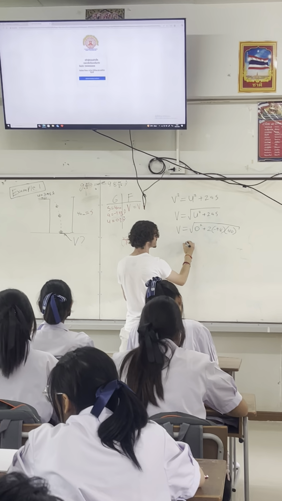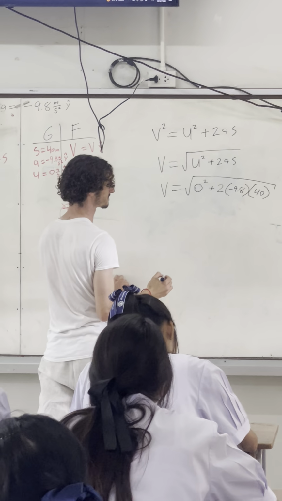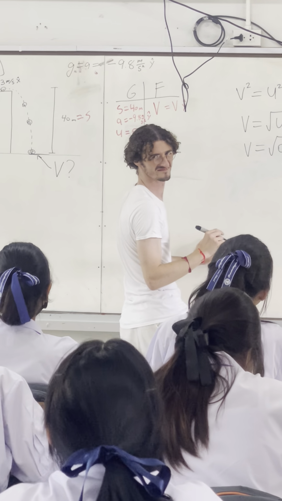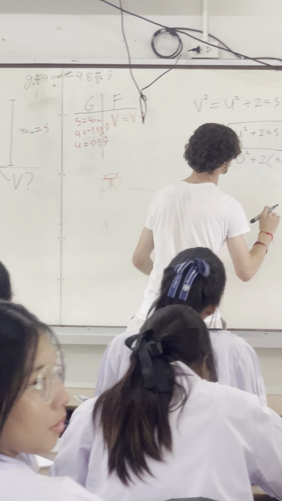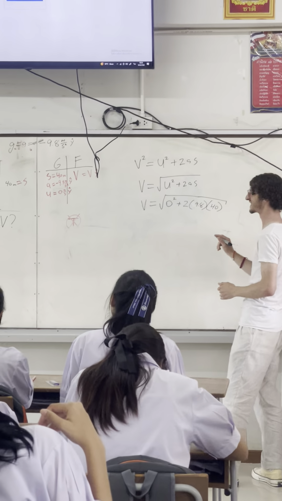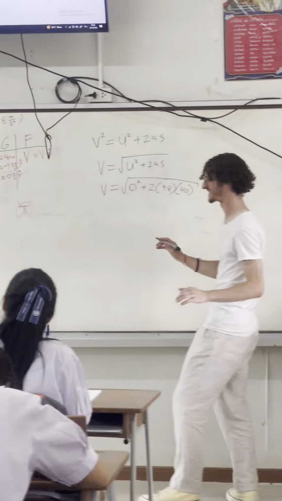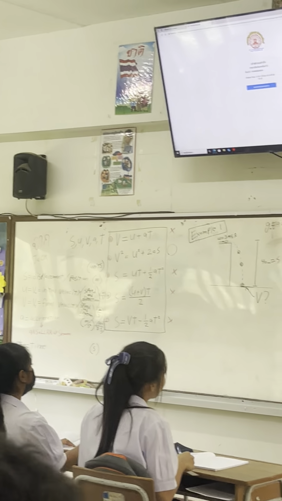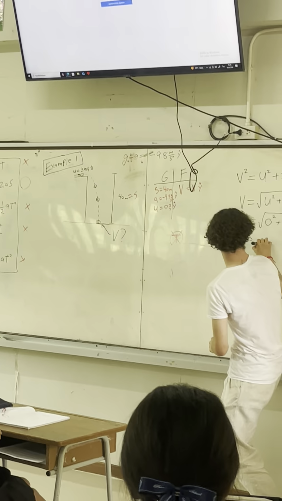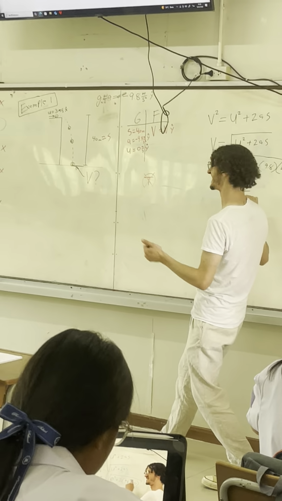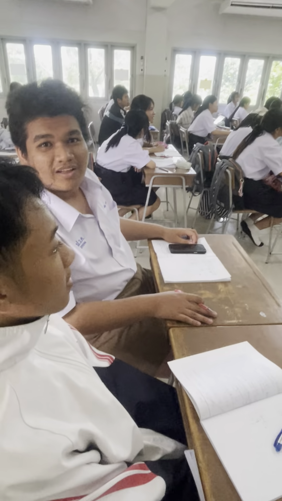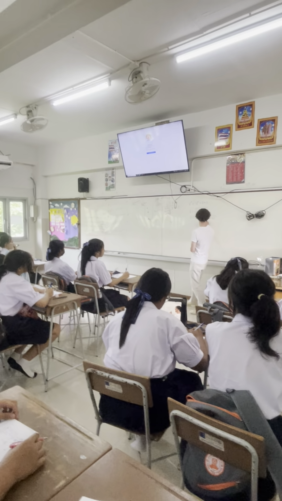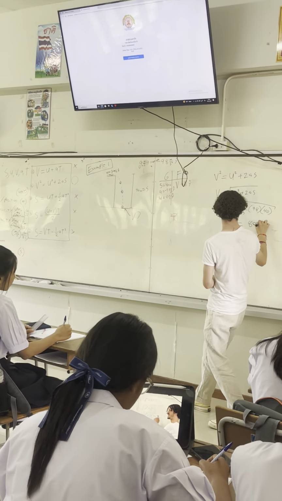This becomes... let me get rid of that, because it doesn't matter in this case. You know why I'm not using negative? Very good, very good. It's rest. This is like almost 10. So this becomes